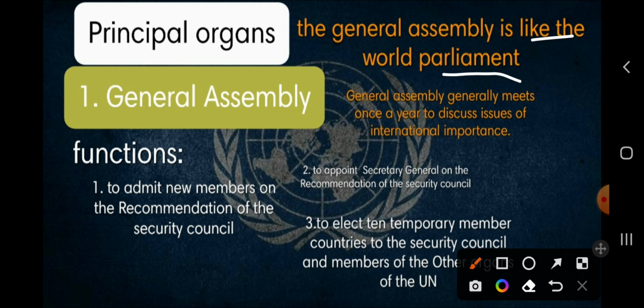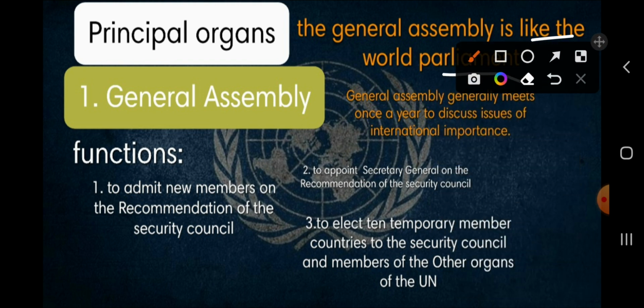इसके 3 फंक्शंस के बारे में अगर हम देखें, सो इट्स फर्स्ट फंक्शन इज टू एडमिट न्यू मेंबर्स ऑन द रिकमेंडेशन ऑफ द सिक्योरिटी काउंसिल. तो सिक्योरिटी काउंसिल जो है उसके रिकमेंडेशन पे न्यू मेंबर्स को एडमिट करना. सेकेंड,